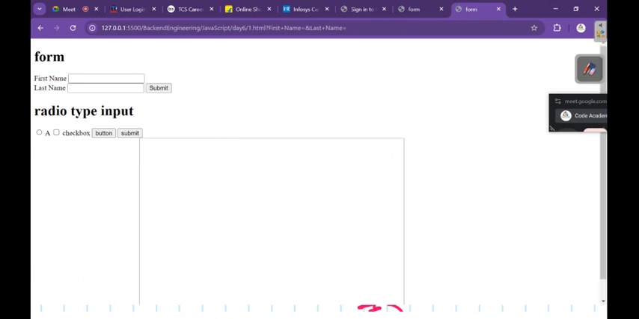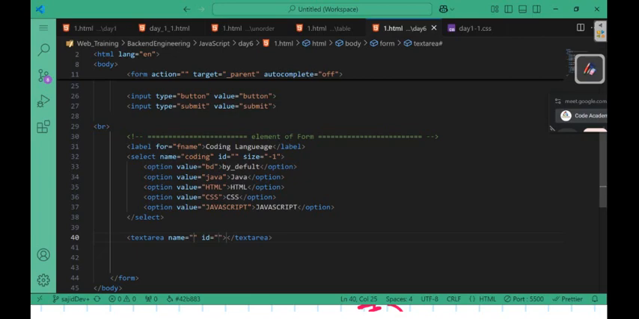ये लॉन्ग टेक्स्ट एरिया के लिए काम करेगा, ठीक है। अब उसके बाद अपन के पास आता है टेक्स्ट एरिया हो गया, और अपन के पास आता है बटन, वो अभी हम लोग ऑलरेडी देख चुके हैं, ठीक है।